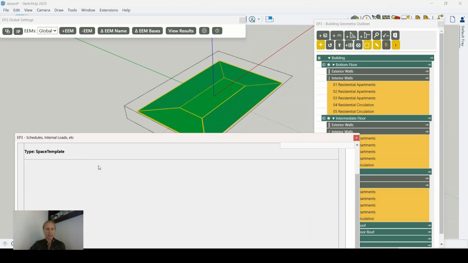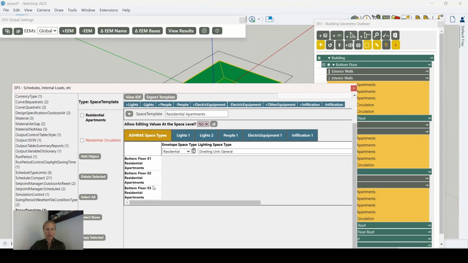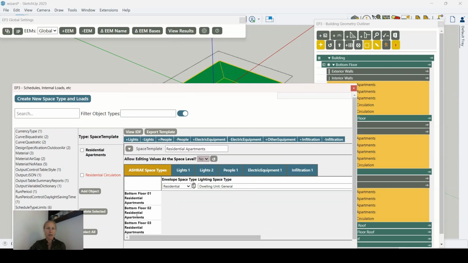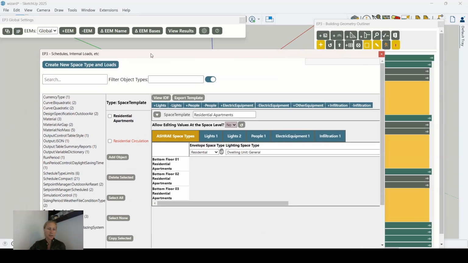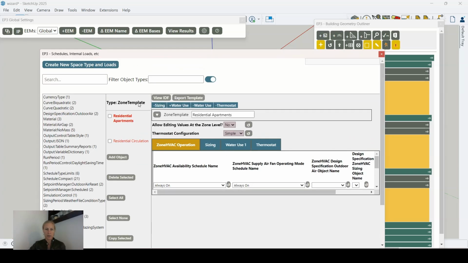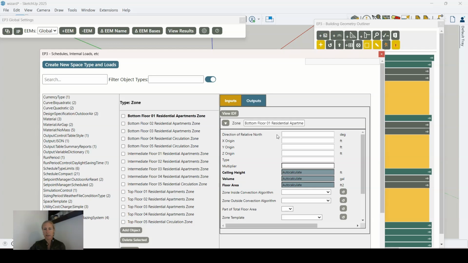And then if I go to the residential apartments template, we can see now that I have these 3 spaces on this template. So this gives you more control over how templates are assigned, but it takes a little bit more time and it's a little bit less dynamic. Same thing for the zone template. At the moment, there's no zones on the template, and you would need to go to an individual zone and